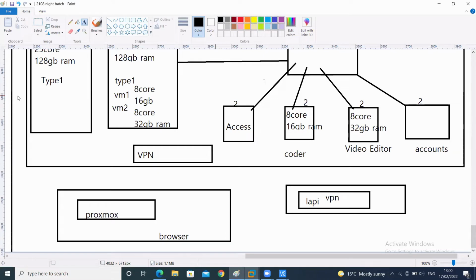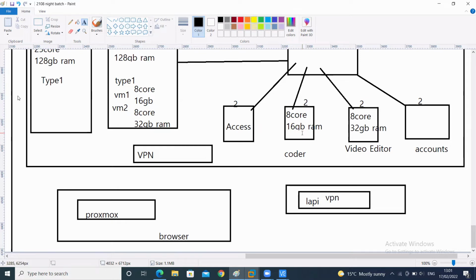This is a server. On that server, I created an Ubuntu virtual machine. In this virtual machine, I installed a VNC server. From that server, you installed it, okay, got it. Then you will be able to